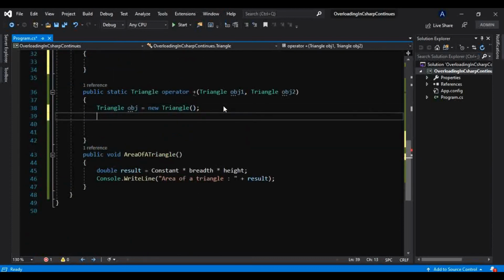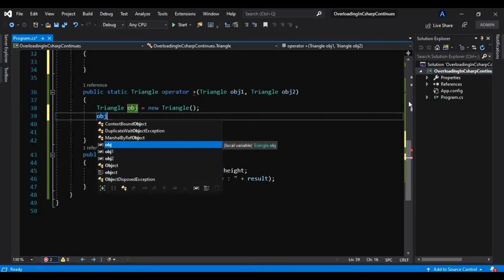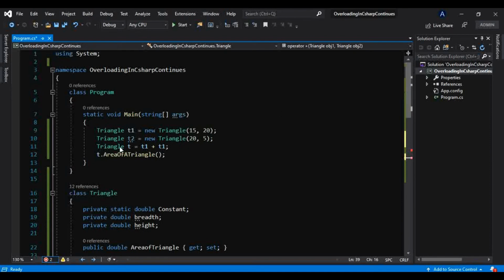So now what we want is, whenever somebody creates objects and wants the addition of both of these objects' area of a triangle, they will do something like this: t1 plus t2. In that case it should give an addition of both the areas of the triangles.